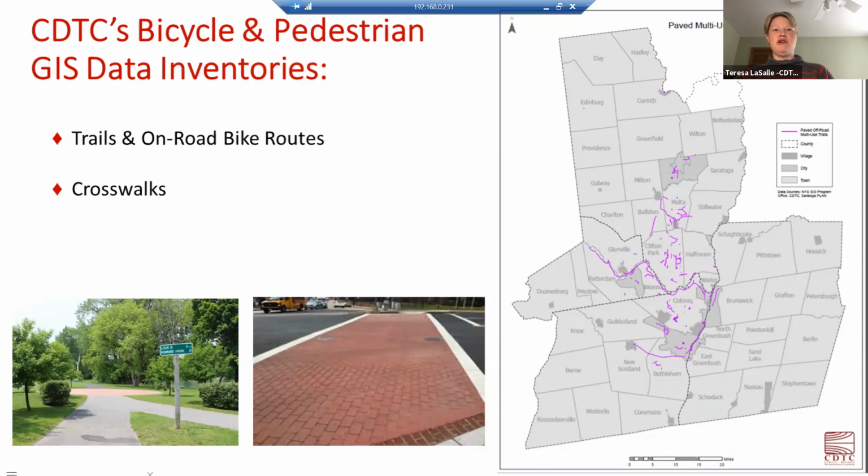We go out in the field and verify the routes using existing signage. Due to the temporary nature and material type of crosswalks, such as paint, and the extensive number within the region, it's been difficult to do a complete regional inventory like we did for sidewalks. So we do have a partial inventory of that, and we try to keep it updated as time and needs allow. It's not regional, but it is intended to be useful for smaller study areas.